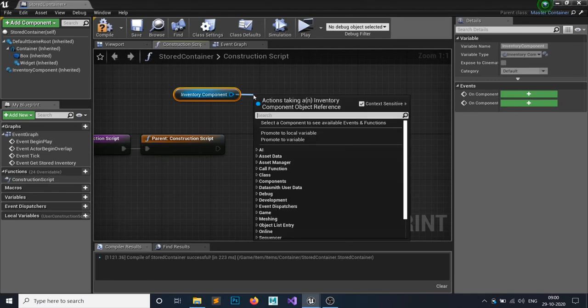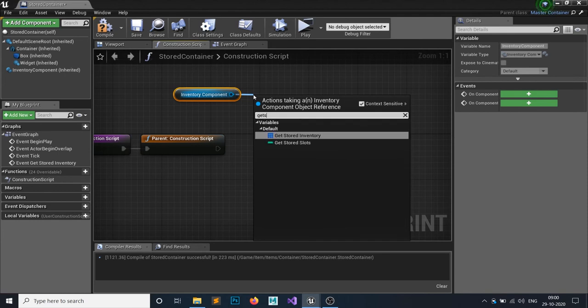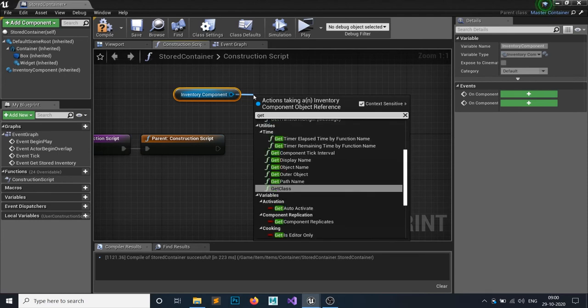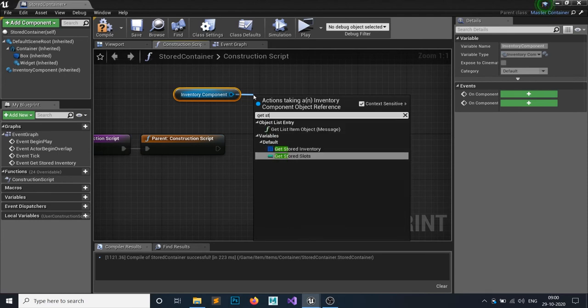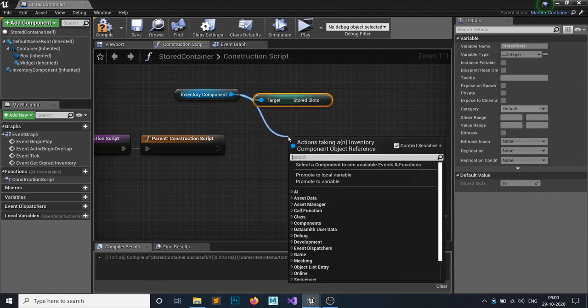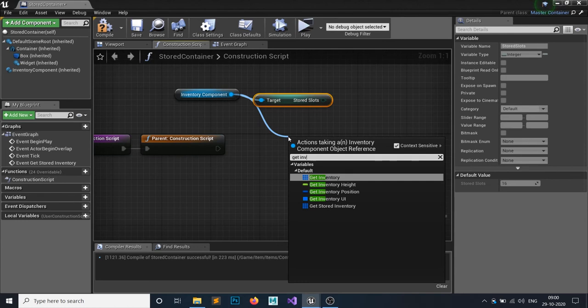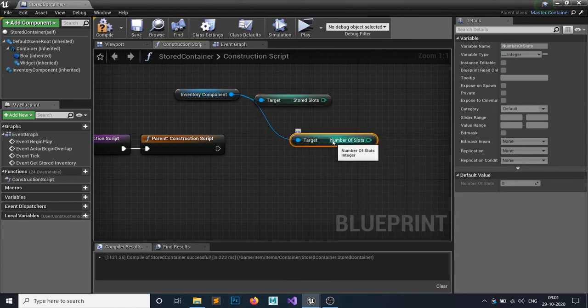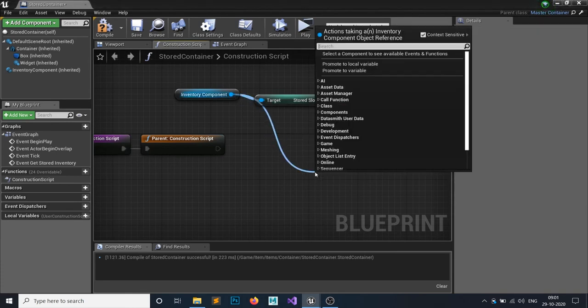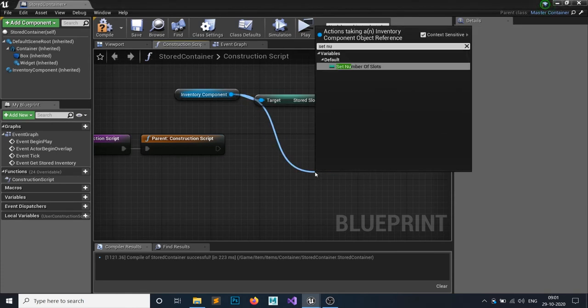So go to your construction script on your stored container, and we're gonna specify slots for this component. So you can see the components for both are the same. What we're gonna do is get that stored slots, and get inventory slots, and set the number of slots.